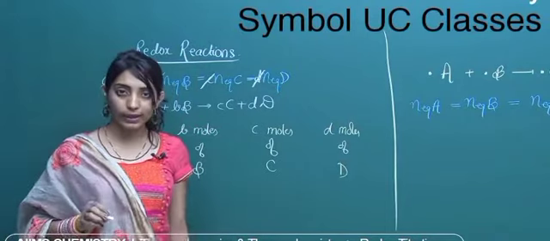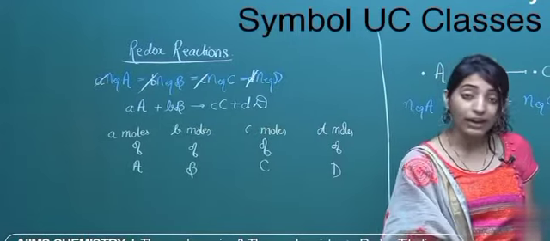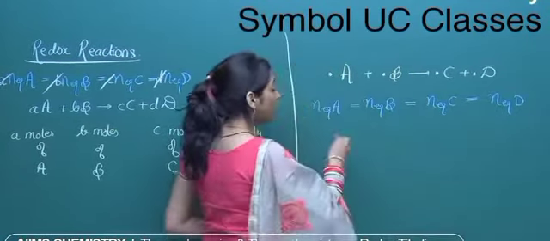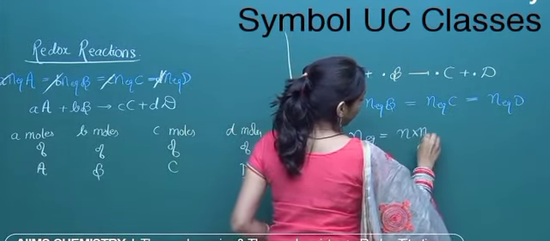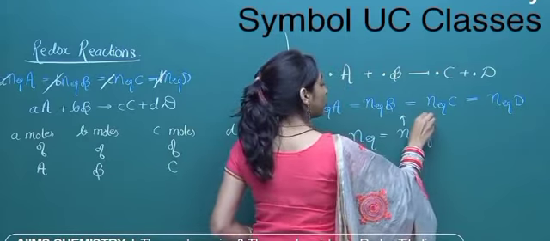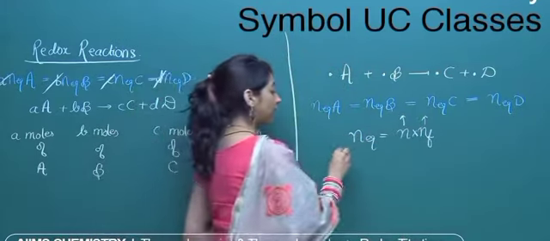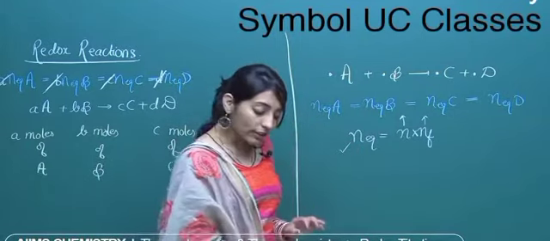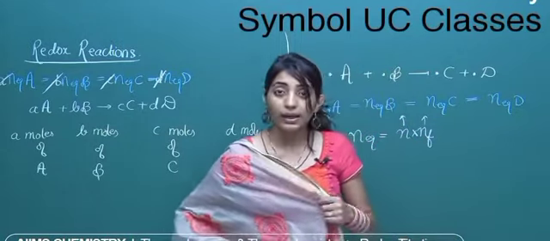Okay. So we said that if you know the n factor and the number of moles, you can simply use the formula: number of equivalents is number of moles times n factor. So if the number of moles is known and you already have an idea of the n factor, you can easily calculate the number of equivalents, right? So this was the entire discussion we had in our last class.